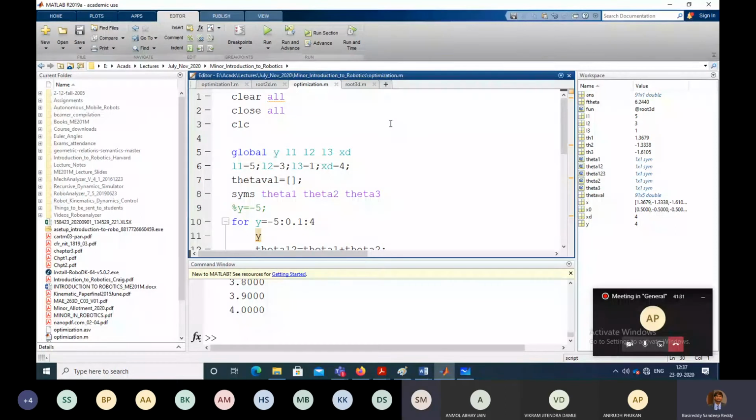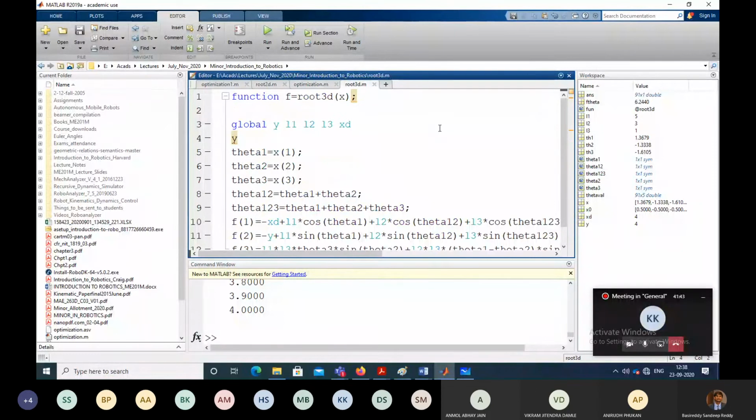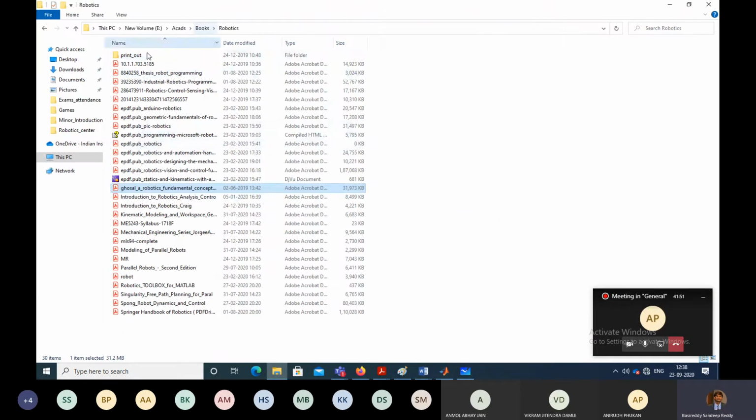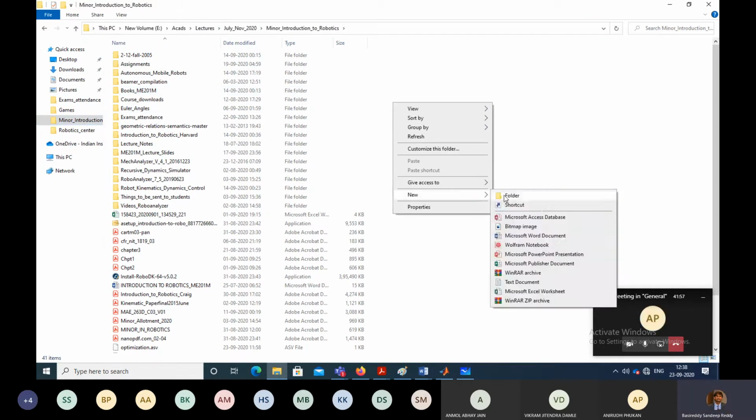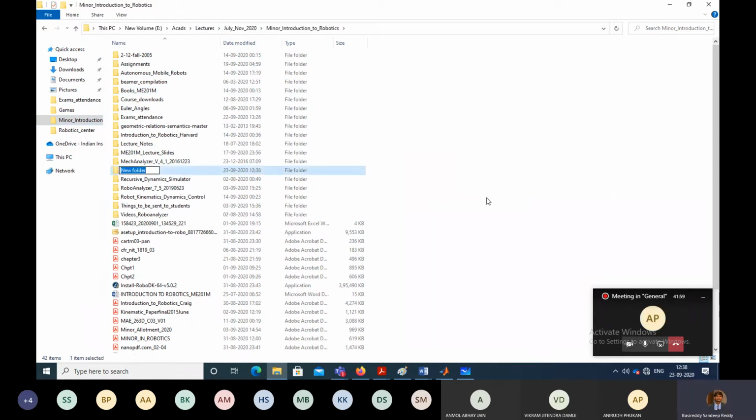So the first thing you do is just create a separate folder on your desktop, right? So here I'm just creating a separate folder.